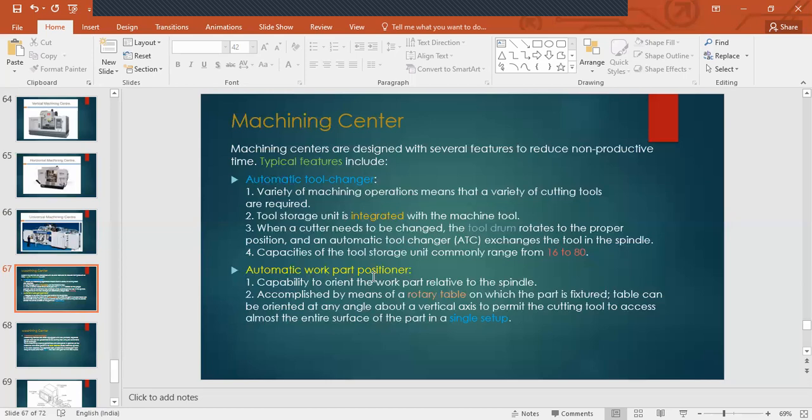All these features in the machining center are accomplished by means of a rotary table on which the part is fixtured. The table can be oriented at any angle about a vertical axis to permit the cutting tool to access almost the entire surface of the part in a single setup.